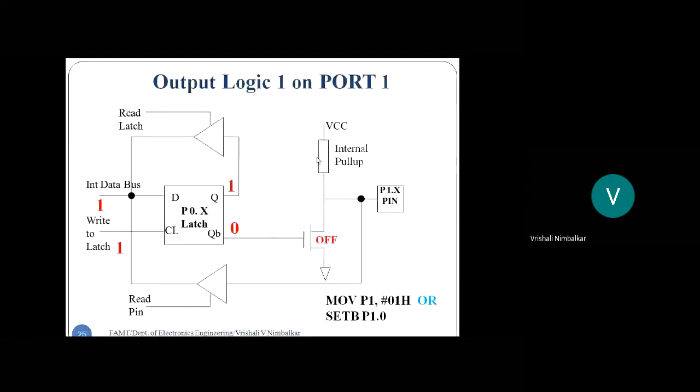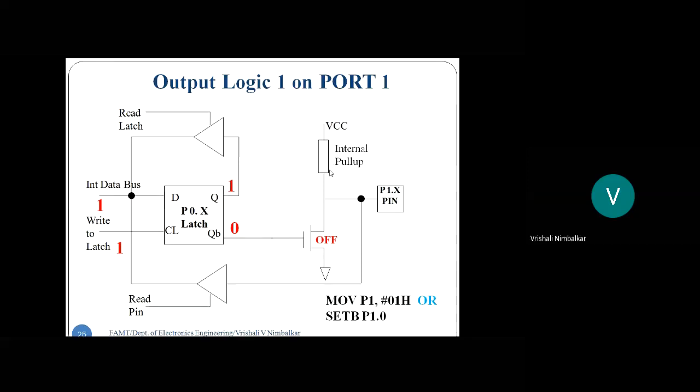Which means there is no voltage drop across the resistor. I told you, this is a MOSFET. We have a MOSFET here which is functioning as a resistor. The MOSFET is already on. For a MOSFET to behave as a resistor, it is always going to be on. So now there is no current flow through this resistor, but the MOSFET is on. Hence this VCC gets shorted to this pin. So what logic will be available on this pin? This pin will be connected to VCC by the internal pull-up.